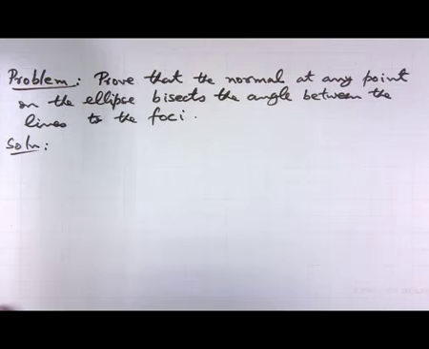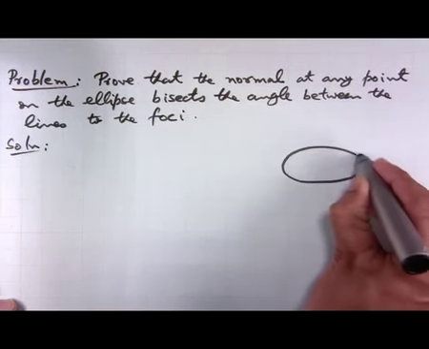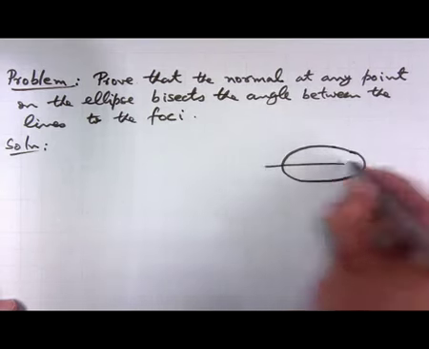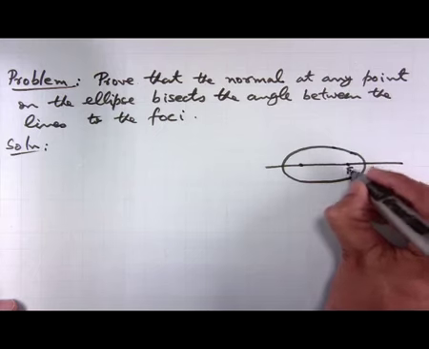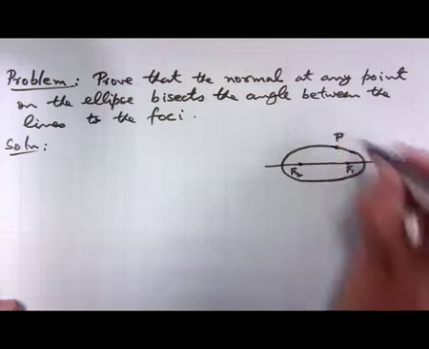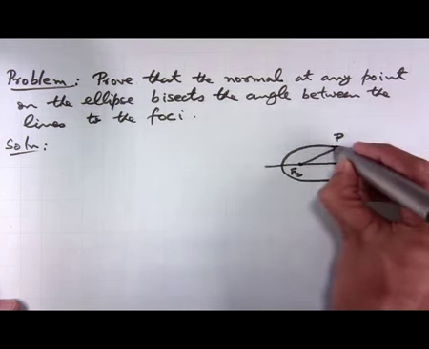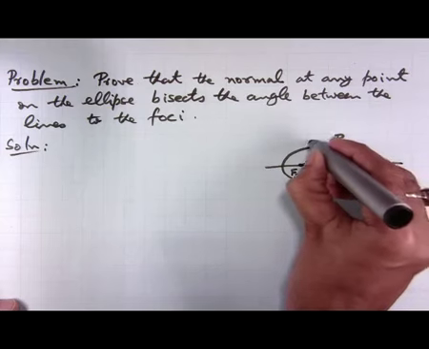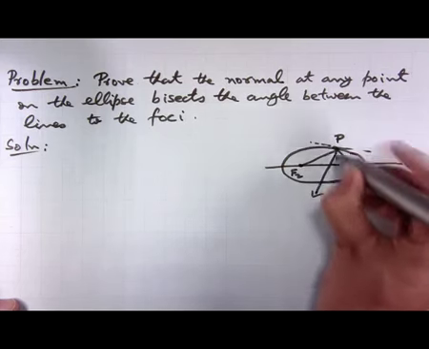So, let us draw a diagram. We have an ellipse and suppose there is a point P. There are two foci, let us call them F1 and F2, and suppose we take any point P on the ellipse and then we look at the line joining the foci to this point P. What we have to prove is that the normal at this point P, this is the normal line, bisects the angle